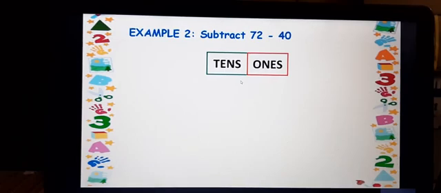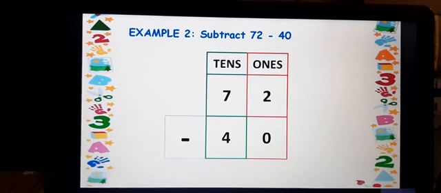It is given, subtract 72 minus 40. When you have the numbers, you know that you have to subtract the numbers according to their place values. So when it is 0, what happens? In the previous addition, how did you do it? Like that only, similarly, but the only thing is that here it is subtraction. So write tens place, ones place, and under that 72 and 40. Ones place 2 and 0, tens place 7 and 4. We will write that. See, like this you have to write here.